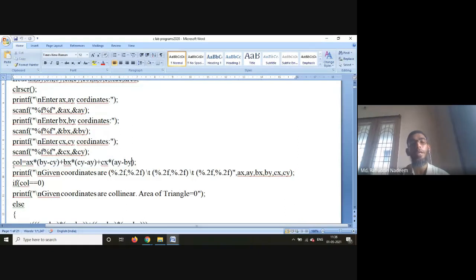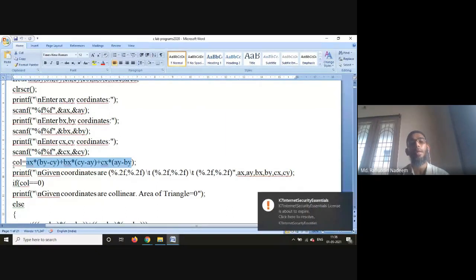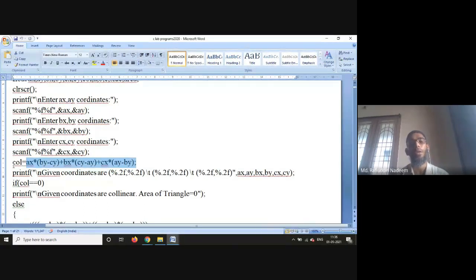To find the collinearity of the coordinates, we have a formula which we have learnt in coordinate geometry: ax into by minus cy plus bx into cy minus ay plus cx into ay minus by. You can Google it and find the formula also.